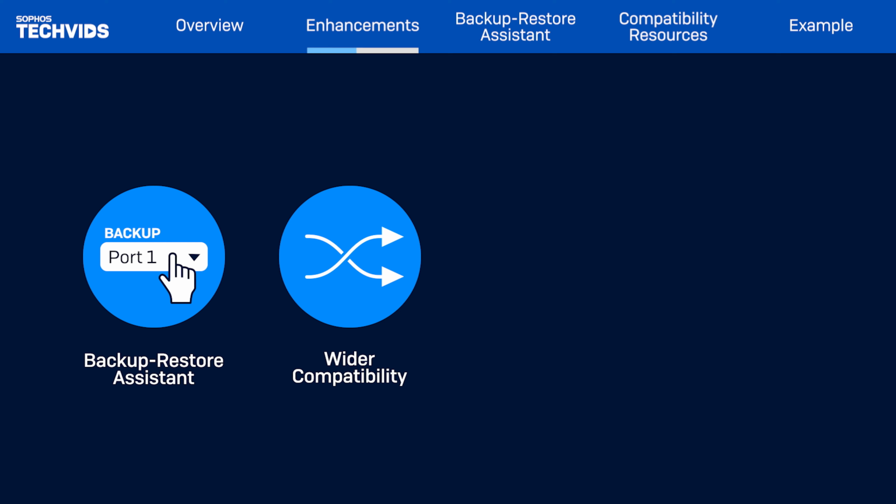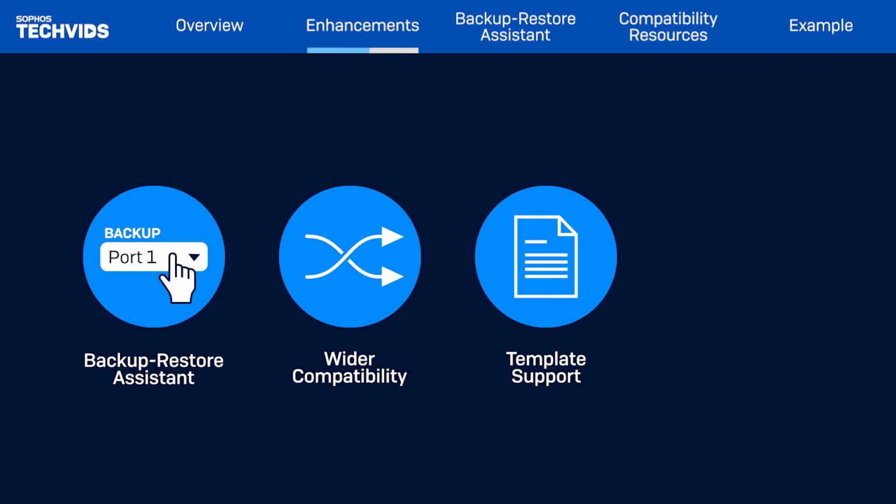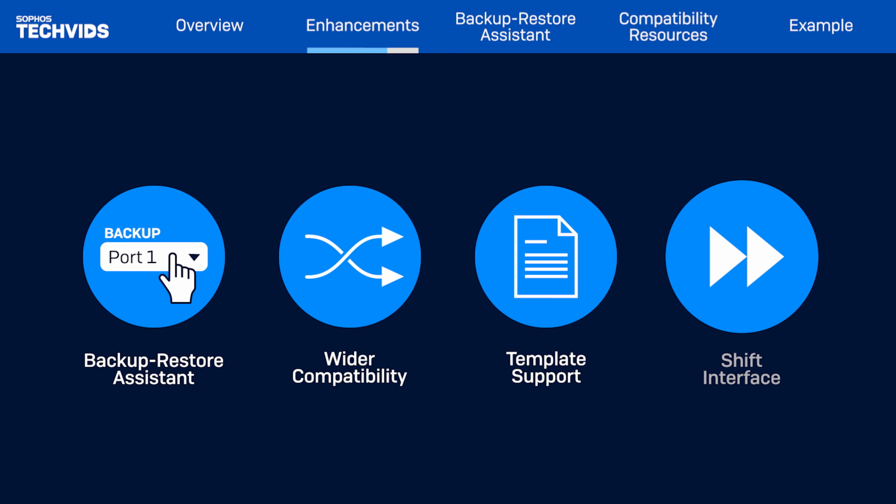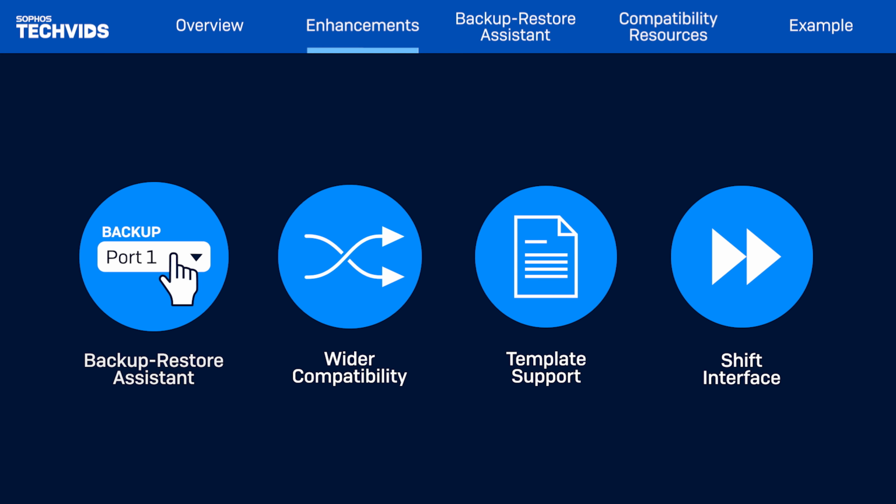Additionally, there are no restrictions on the number of port conditions when restoring an HA backup to a running HA cluster. Along with the broader backup restore compatibility, you can now create templates from a virtual appliance to use on any hardware or virtual model, simplifying repetitive configurations. The new assistant also allows you to migrate or shift interfaces and their linked sub-interfaces, such as VLANs, to different speed ports during network infrastructure upgrades. For example, you can shift a 10G port to a 40G port using the same hardware.